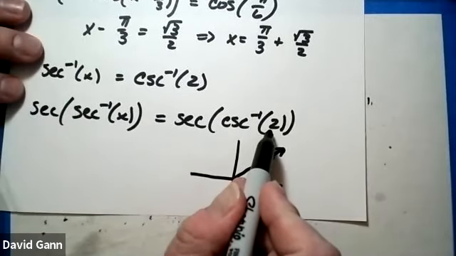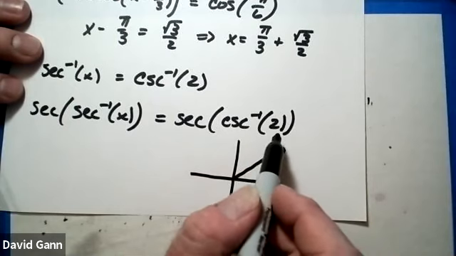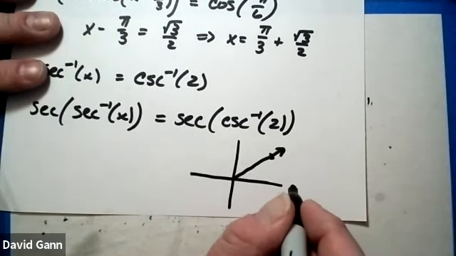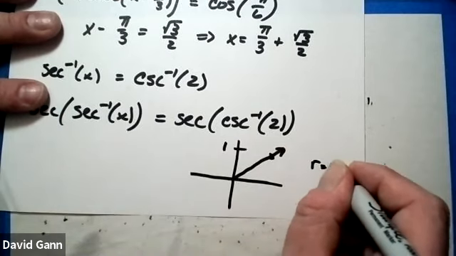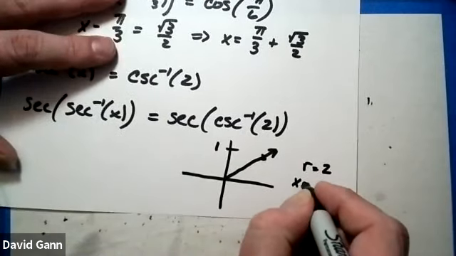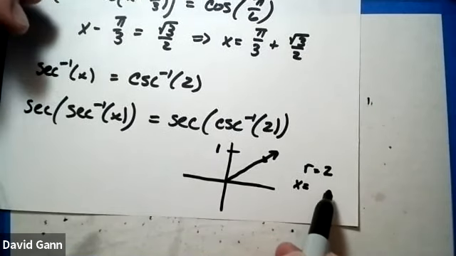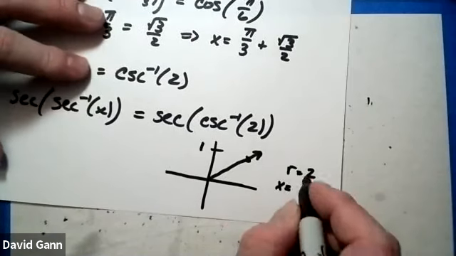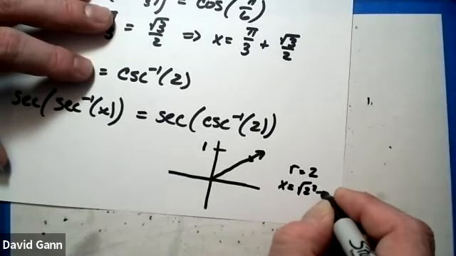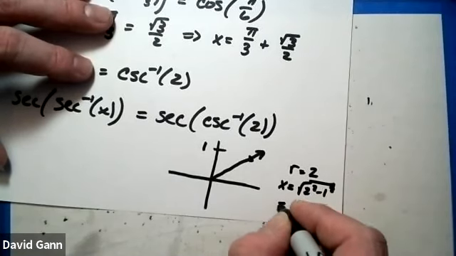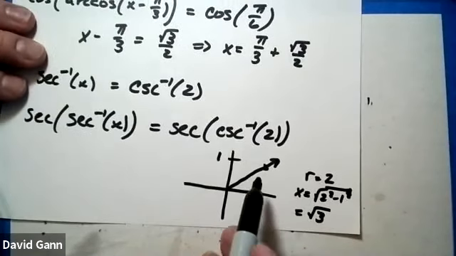Now, cosecant is r over y. And so we have a y value of 1, and r equals 2, so x must be equal to, I think if you do this right, you end up with maybe square root of 3. Okay, so it's going to be what? The square root of 2 squared minus 1 squared, which is just the square root of 3. So from this diagram now,